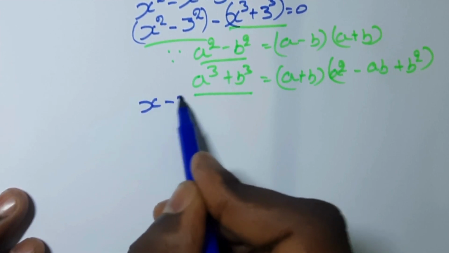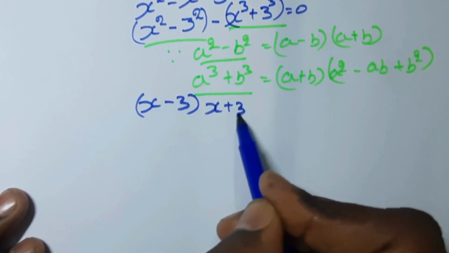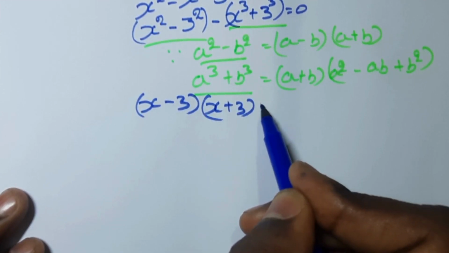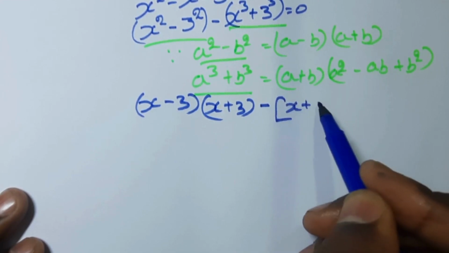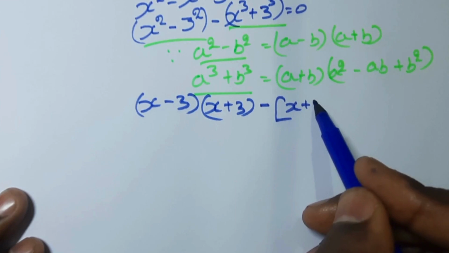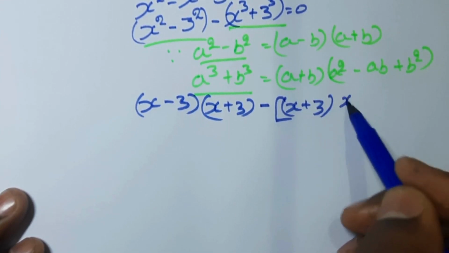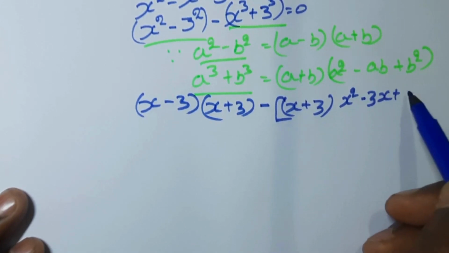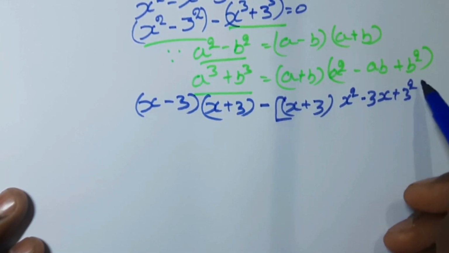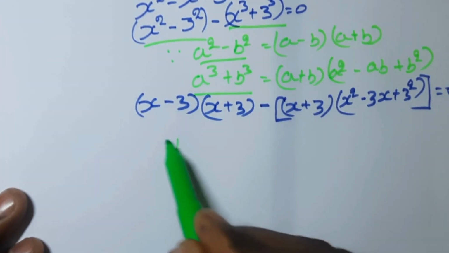x minus 3, x plus 3, minus x plus this one x plus 3, x square minus 3x plus 3 square equal to 0. Taking